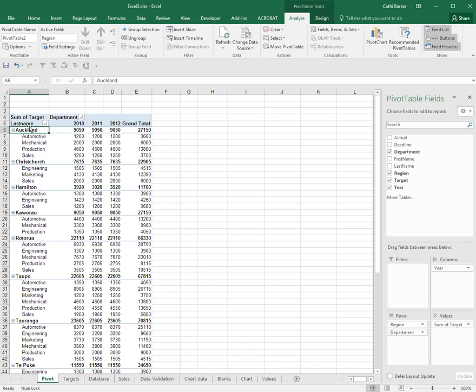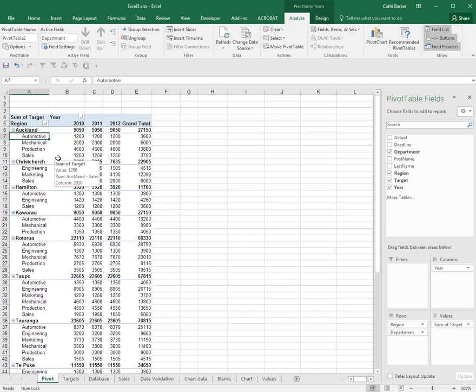I'm also noticing a legacy from prior exercises is that I have last name appearing in A1 when really it should say region, and a legacy from an early exercise is I put department in B4, and I'm going to change that to year. Okay, so we've expanded the amount of detail we can see in our pivot table, and this will really therefore